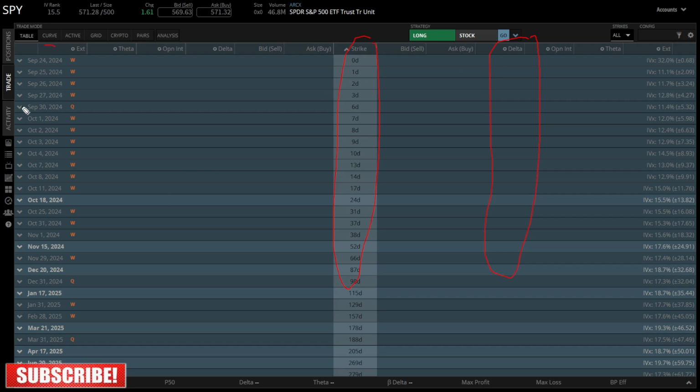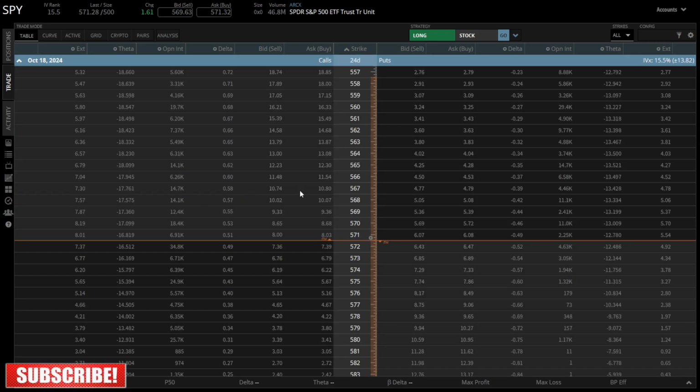And of course, on this side here, we have our days to expiration. Very simple. Let's say, for example, we're going to trade an option here with 24 DTE. What we're going to do is come here and open the option chain. Remember, this is pretty much the market price, okay? Right now it's 571. Let's call this 571 dead on, okay?